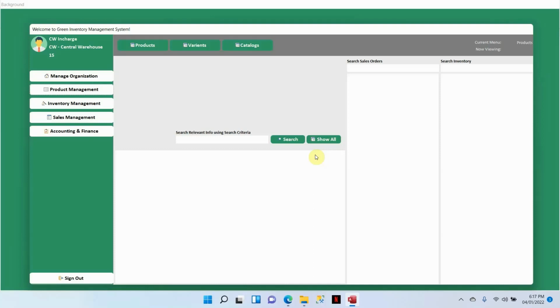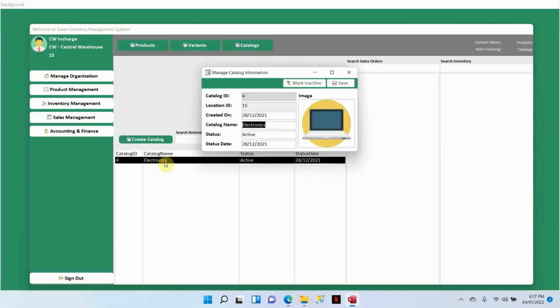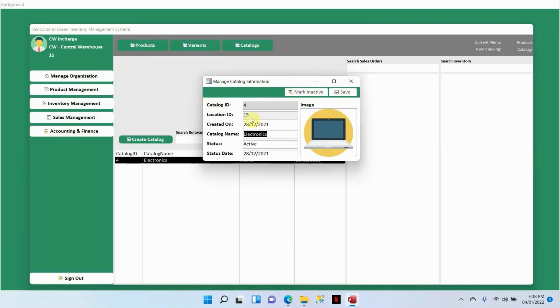Right, let's get started with today's topic. Today we are going to focus on products. In last video we focused on catalogs, so we basically created a catalog form, and then we did VBA coding behind these buttons, and we did some functionality. Similarly, we are going to create a similar form for the products. We are going to create the functionality to save the product, update the product information, mark that product as inactive,